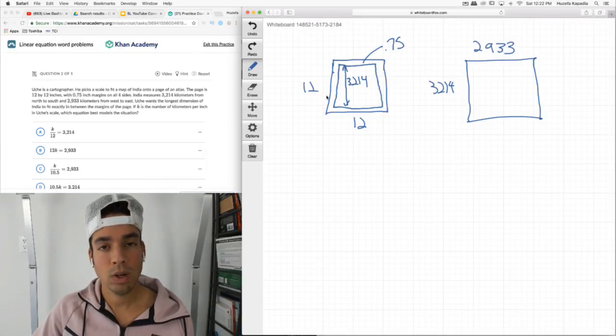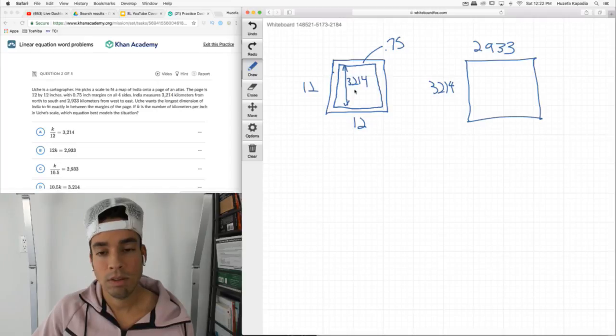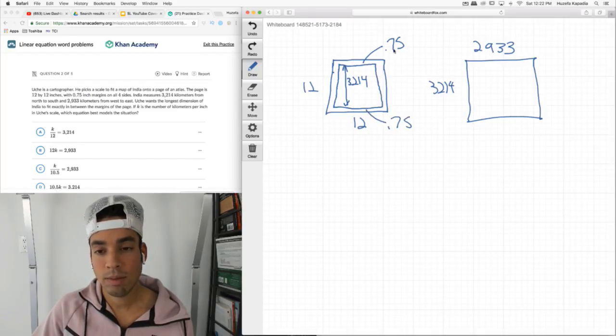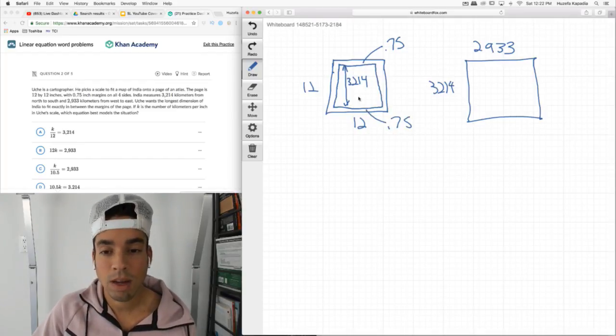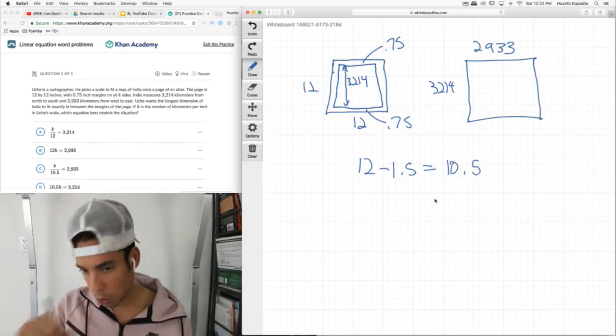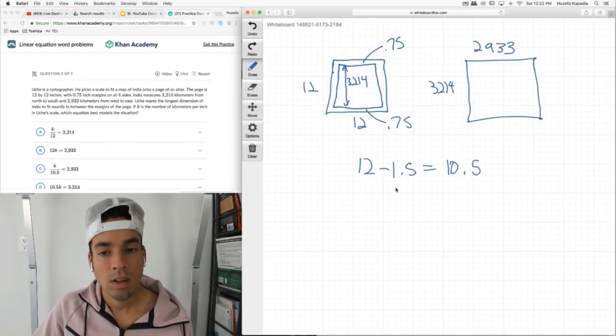Let's first figure out what is the distance that we actually have to work with. Since it's 12 by 12, it's 12 up and down, but remember we have to take into account this margin, and since I've drawn it, it's pretty clear that I don't just take 0.75, I take 0.75 from both top and bottom. So I'm really taking off 1.5. So 12 minus 1.5 is 10.5. So I got 10.5 inches to play with. Okay, so now we know that